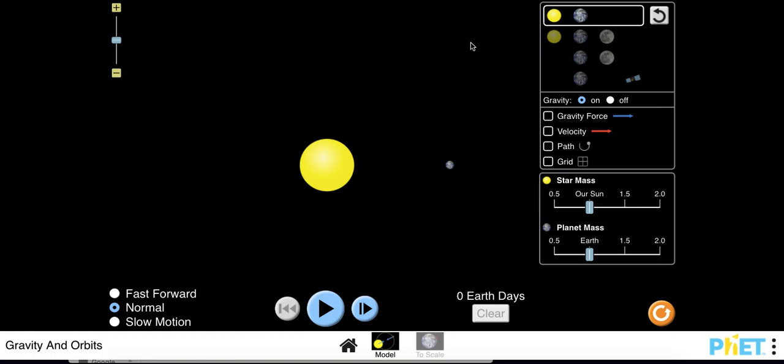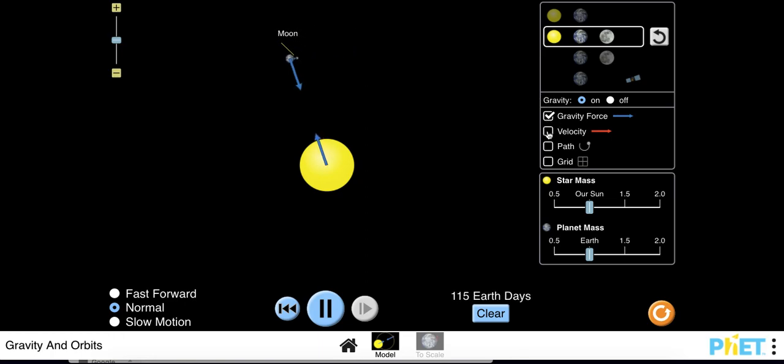Now reset, again, it takes me back to the moon and Earth again, but I want to now select the next one down, which is the moon, Earth, and sun. Sorry, that was Earth and sun originally. And again, hit play on that, and you'll see that you've got the moon rotating the Earth and the Earth rotating the sun. As usual, we'll turn on the gravity, force, velocity, and path,